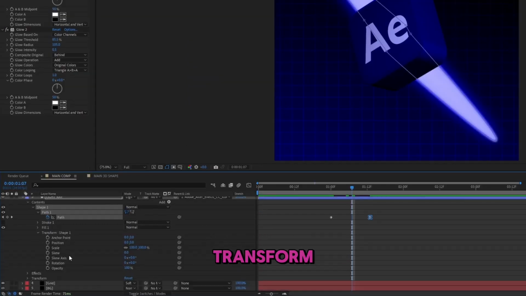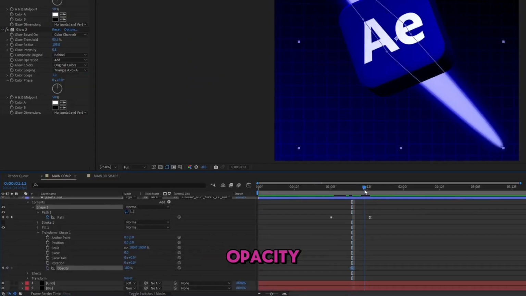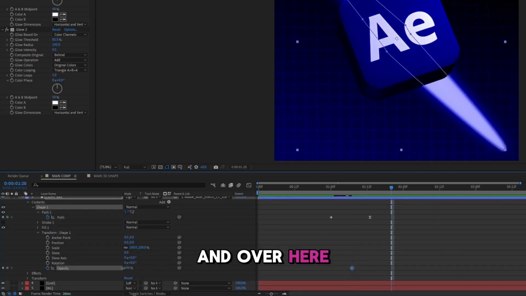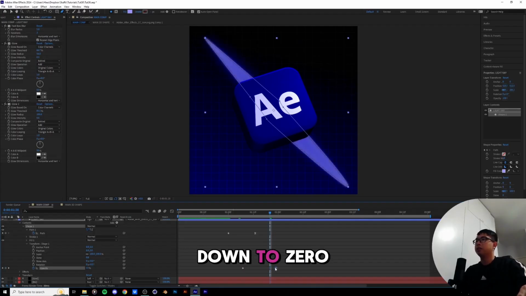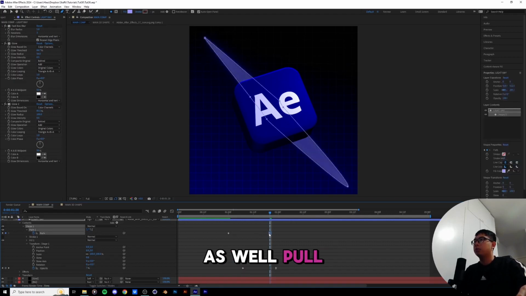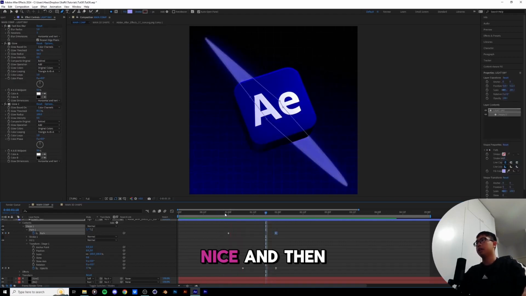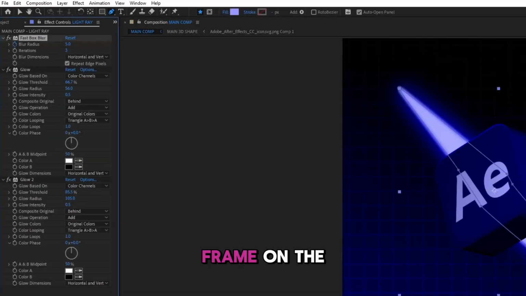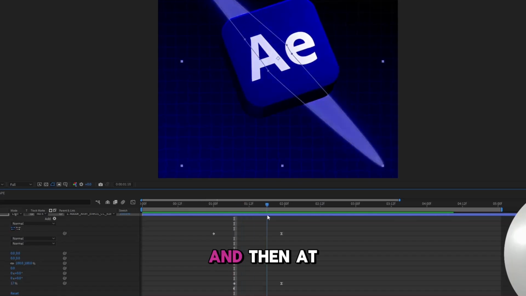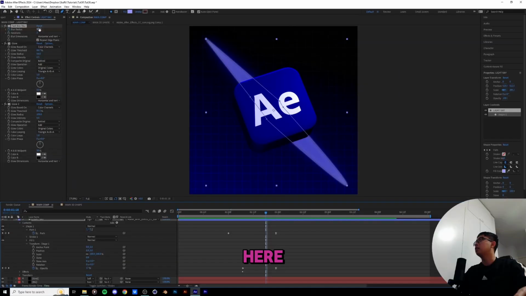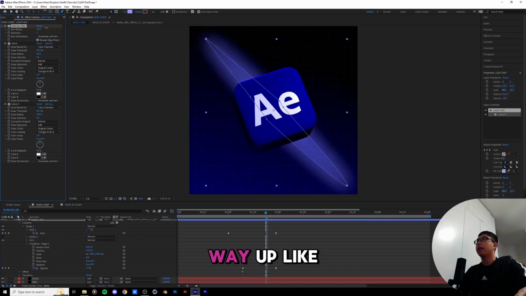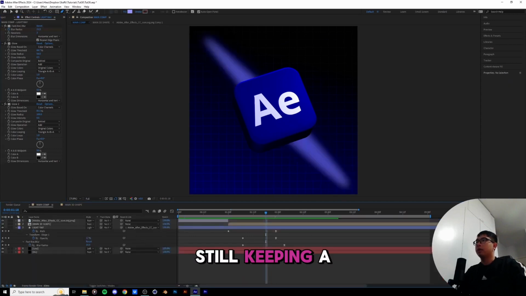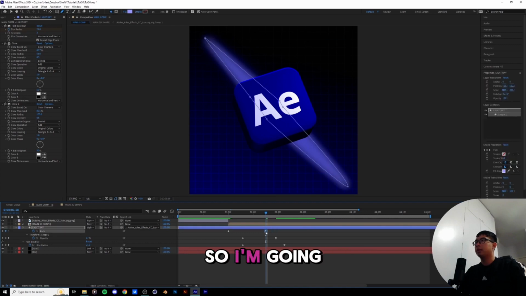So down to transform, keyframe the opacity, and over here I'm gonna pull it down to 0. Might as well pull this keyframe over here further out this side. Nice. And then I also want to blur it up a little bit more as it is going away. Put a keyframe on the blur radius, and then at the end over here, turn the blur way up like that. Still keeping a little bit of that cylindrical shape,